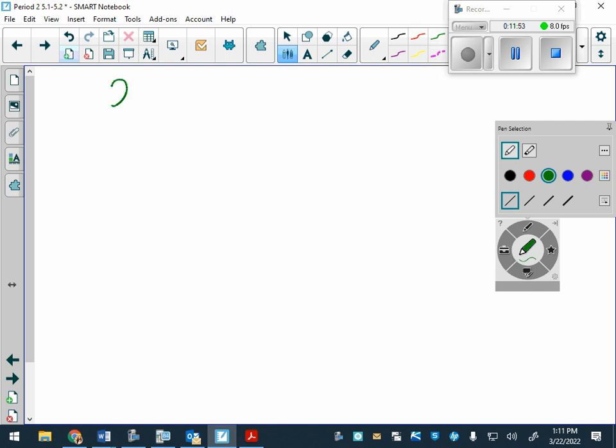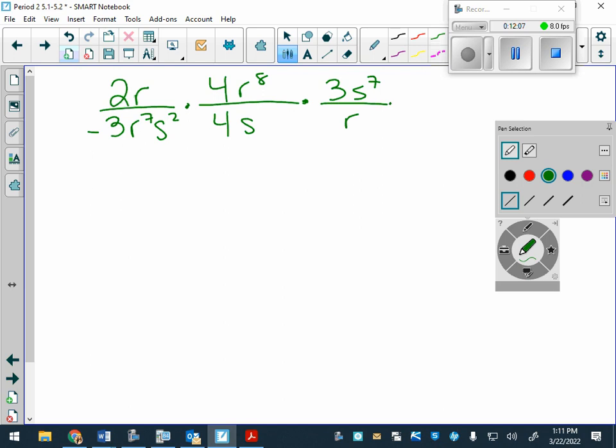So this was 2 to the r, 2r. And again, there's multiple ways to do this. But with these types of problems, a lot of mistakes happen. Okay? So having that,